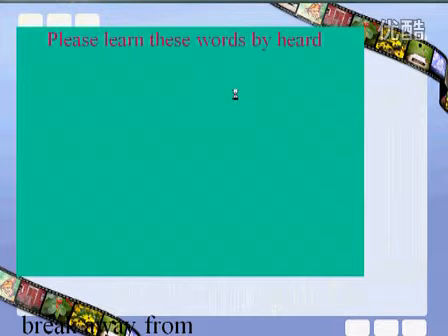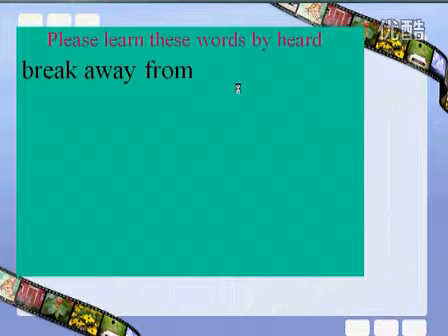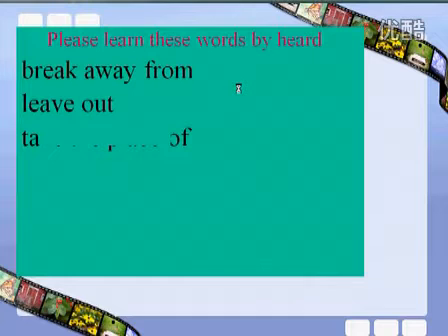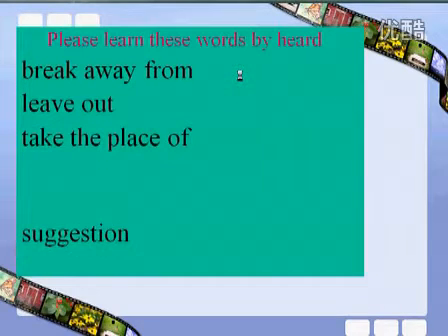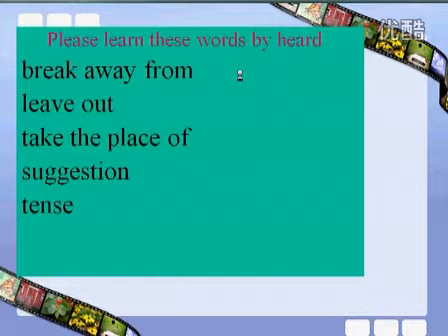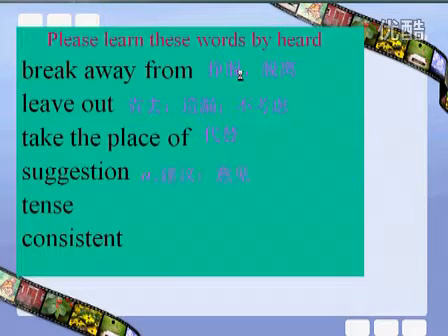Break away from is an important phrase. 下面这些词呢，是我们需要重点掌握的词组。Break away from, leave out, take the place of, suggestion, tense. Break away means 挣脱、脱离. Leave out means 省去、遗漏. Take the place of 代替. Suggestion 建议. Tense means 时态. Consistent 一致的。